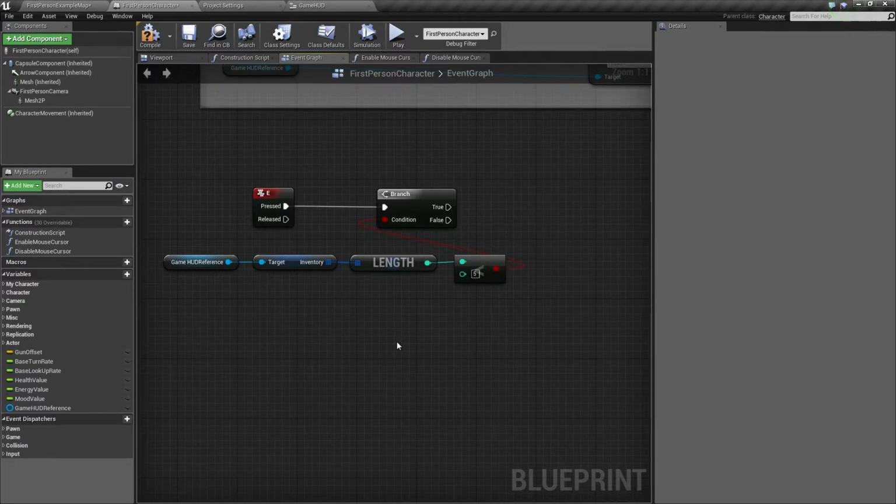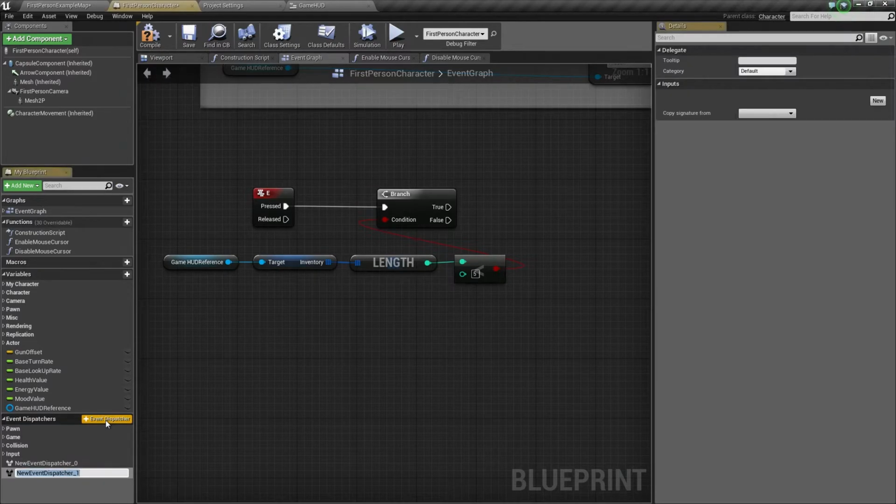Now we need to notify the pickups in our level that they need to be picked up. So what we're going to do is use an event dispatcher. So in this blueprint, we'll hit E. If we have enough space, we'll call the event dispatcher telling our pickup that it needs to be picked up. So let's add an event dispatcher down in the My Blueprint panel. So go ahead and click the event dispatcher button here.